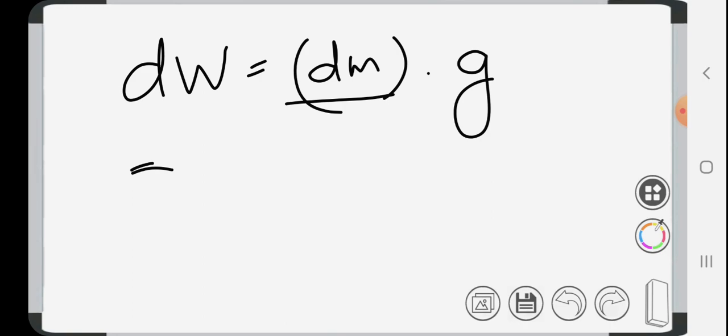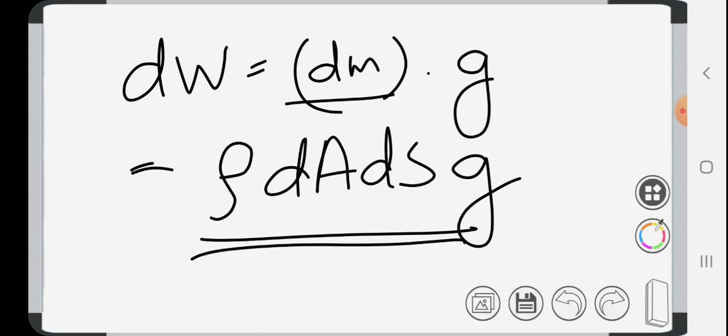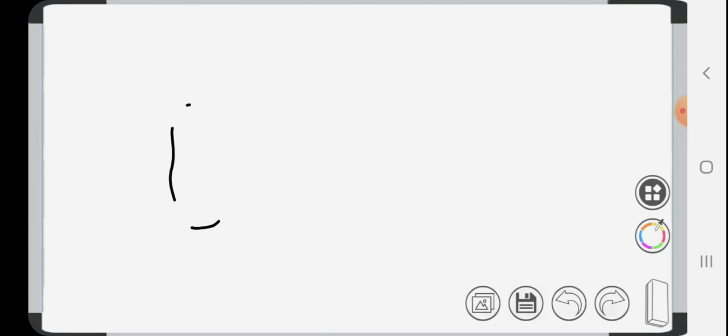dm can be written as rho, density into volume, right? How can we get volume? Volume is nothing but area into length, so dW is rho dA ds g. So this is the equation for the differential weight of that particular element, right? So this is acting downwards. We require